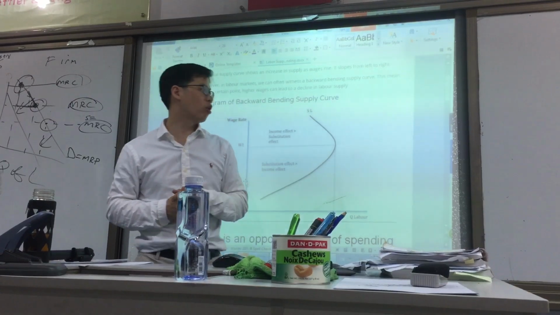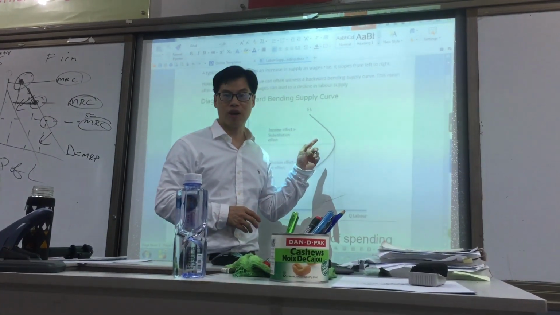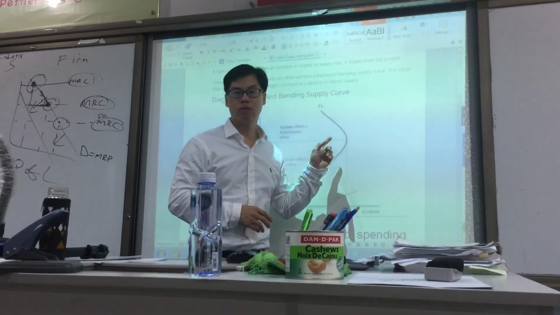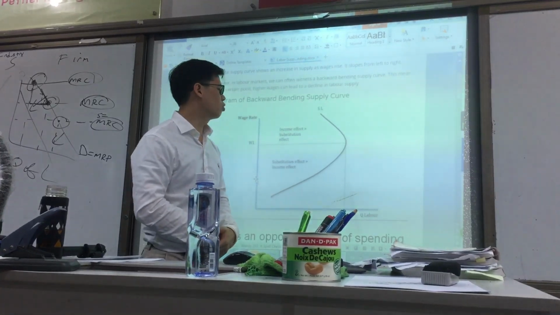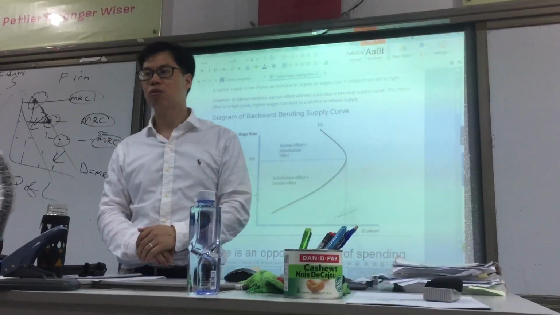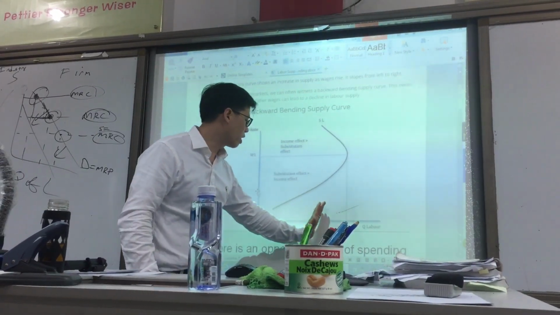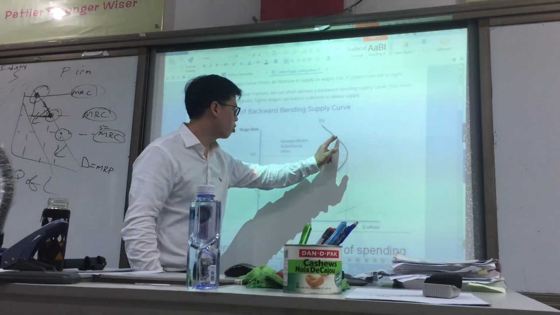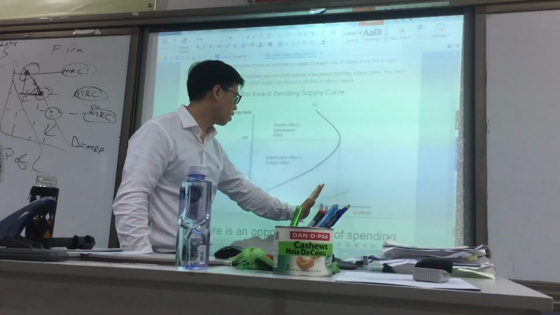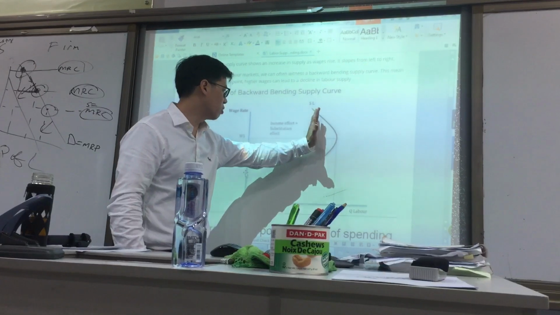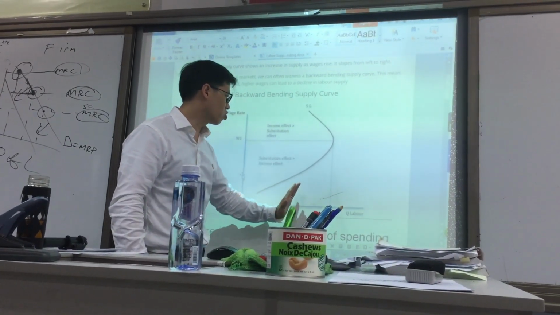Okay? And therefore, the income effect begins to outweigh the substitution effect. So as you make more and more money, you begin to use more leisure. Okay? And as a result, you work less, as you can see. As you move upward and along this supply curve, you'll notice that the wage has no impact on your work, and actually it has an inverse